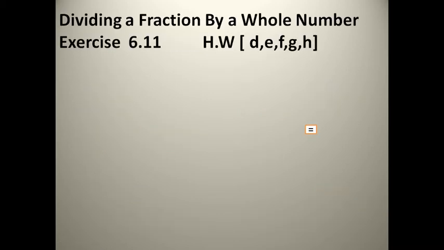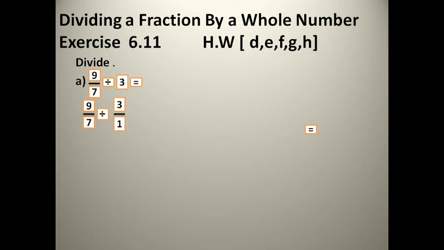Next here, how can we divide a fraction by a whole number? It is so easy also. I have this fraction. I want to divide it with the whole number. So the first fraction I write the same. Okay? Now what will I do? I will change 3. If I write 3 up and 1 down, any change? No change. So next what will I do? I will write the same fraction 9 by 7 and I will change the division to multiplication.